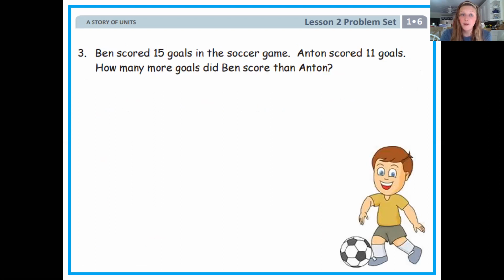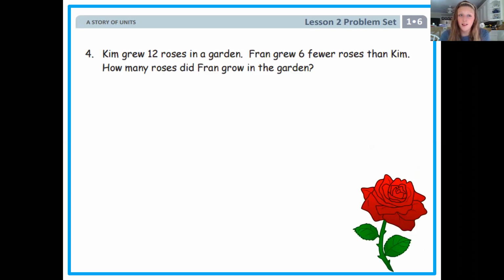Number 3, Ben scored 15 goals in the soccer game, and Anton scored 11 goals. How many more goals did Ben score than Anton? And the last one, Kim grew 12 roses in a garden. Fran grew 6 fewer roses than Kim. Remember that word fewer? And how many roses did Fran grow in the garden? So use what you know, draw your pictures,